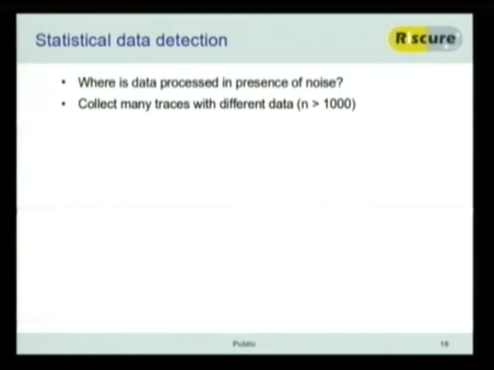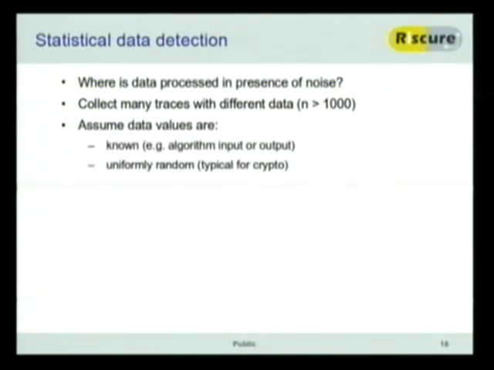Well, in this case, we take many traces. So we take a lot of these measurements. And for each measurement, we also register the data that we send to the card. And typically what we would do if we're analyzing, for instance, an AES implementation or a DES implementation, we send out random input data. So it's uniformly random. And of course, we know the data that we send to the card. We know the data that's coming out, but we don't know the secret key. So that's what we're after.